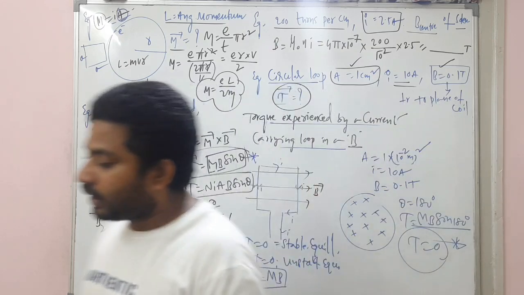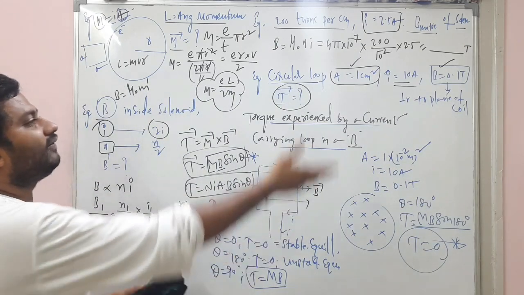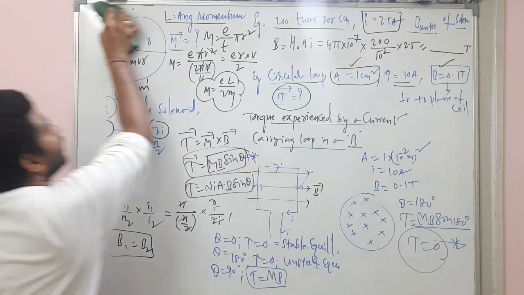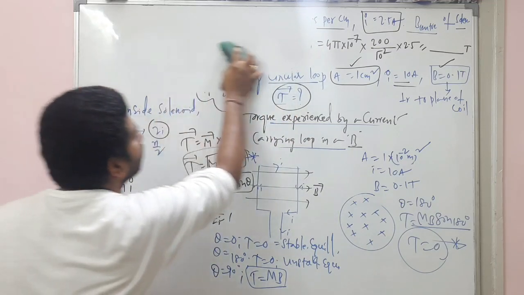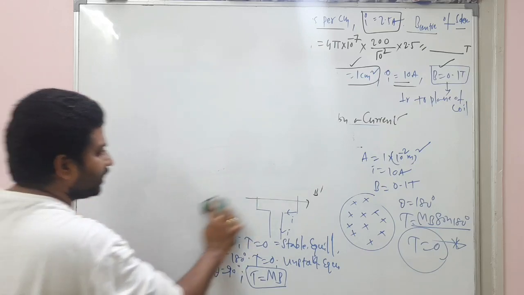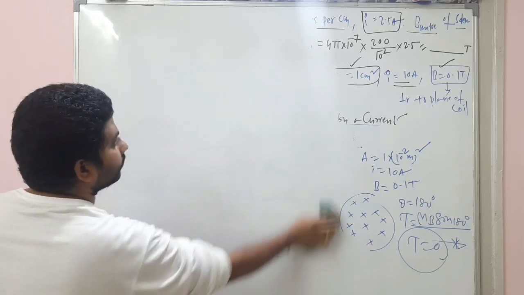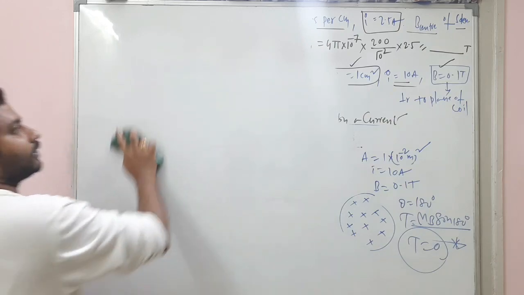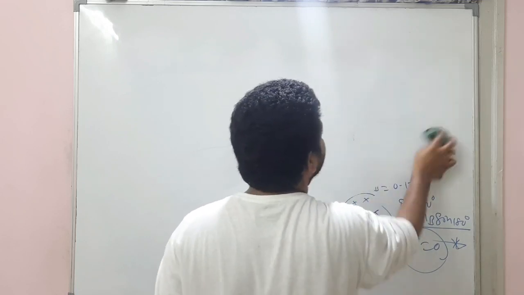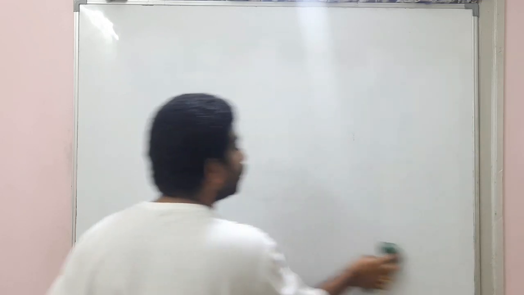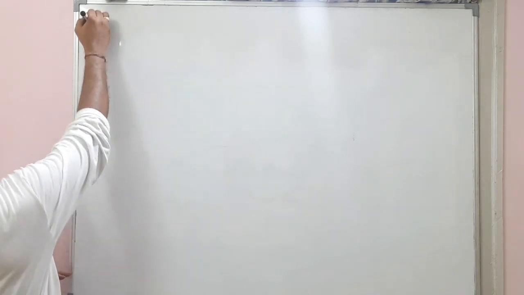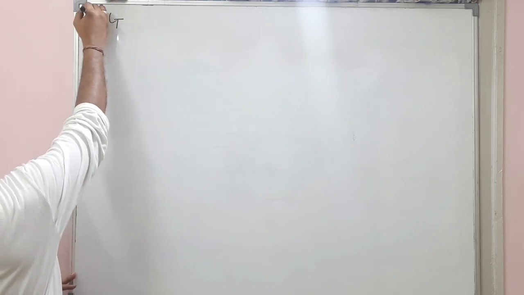Now, my dear children, the questions and applications we have already done so far. Now the topic is the moving coil galvanometer, the last concept of the chapter. Then how that moving coil galvanometer will be converted into an ammeter and voltmeter. Both things we will discuss. What's the topic now? Moving coil galvanometer.